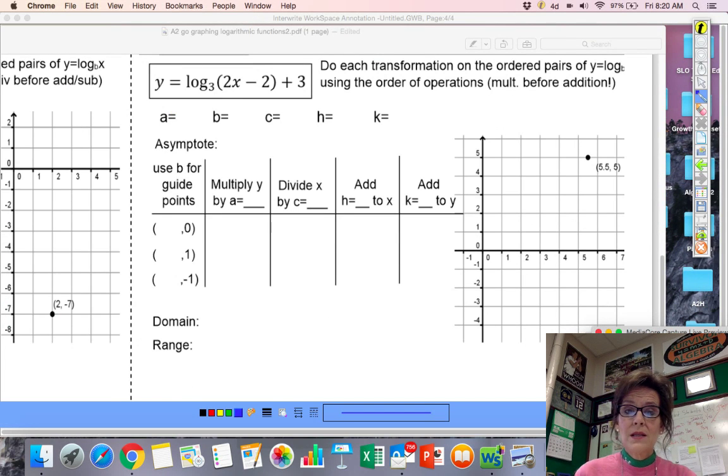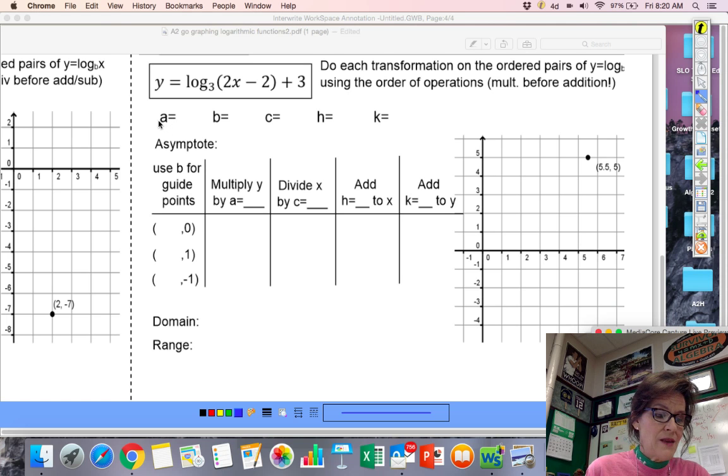All right, so now it's time for us to look at a graph in particular. We looked at a few in class. We're going to look at this one because it has something interesting. If you will look inside the parentheses, you will notice that you have 2x minus 2 in the parentheses. And what we need to be able to do is to figure out what c is, and does that affect our h value? So let's go in and start to identify, based on what we know about transformations,